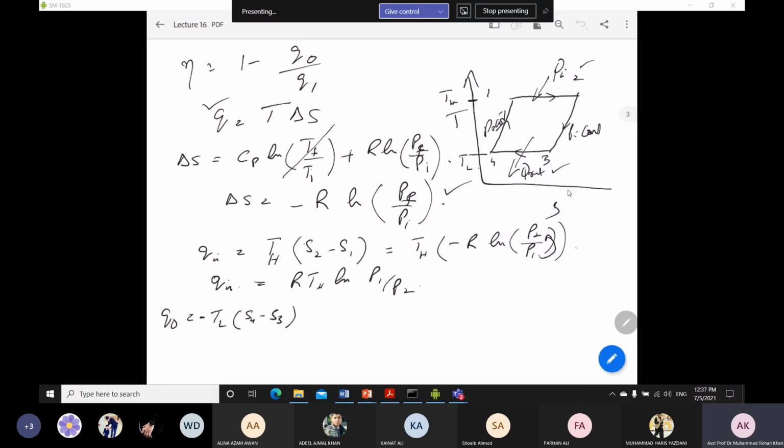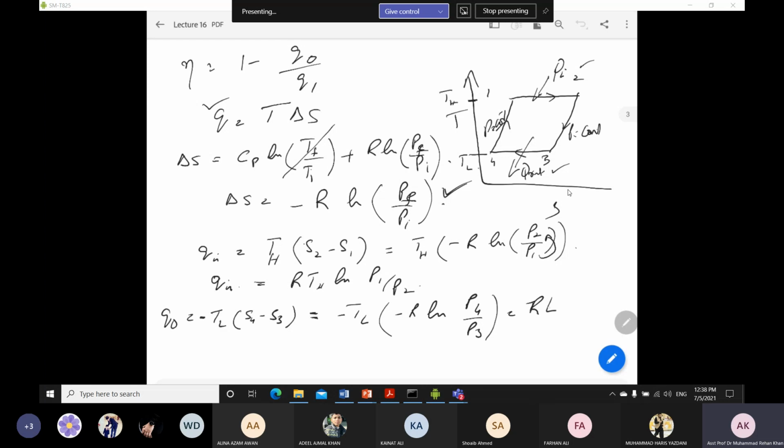And also this is negative because the heat is rejected from the system, so we have this with a negative sign. So minus TL, and again you have to put the delta S value, so you can say minus R log of P4 over P3. And if I just rearrange it, it turns out to be